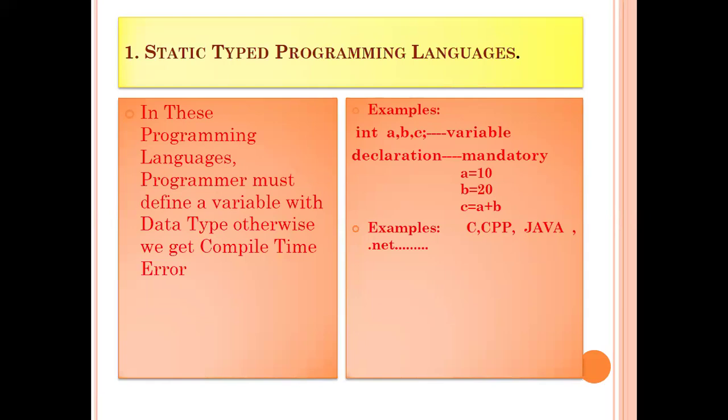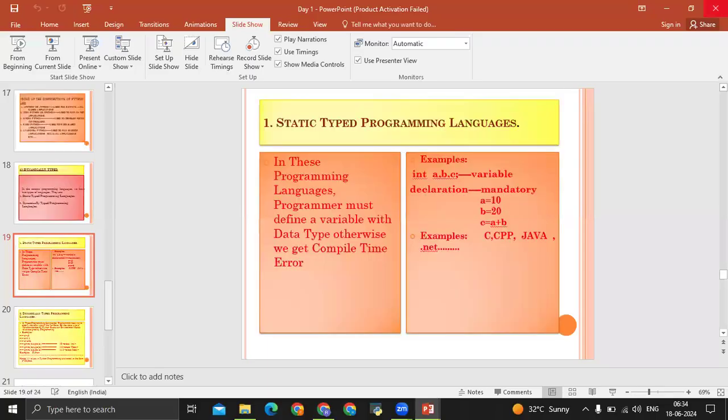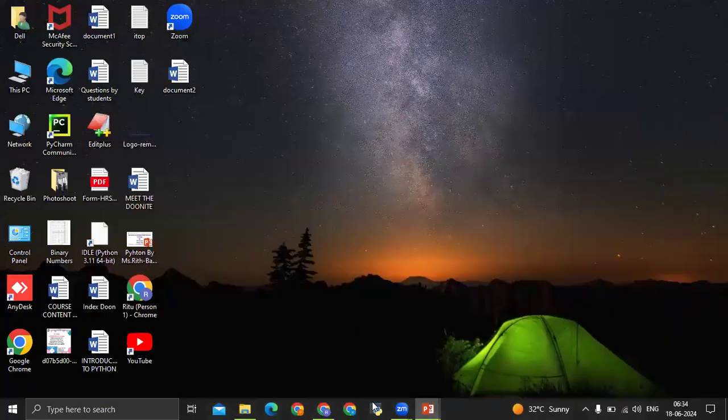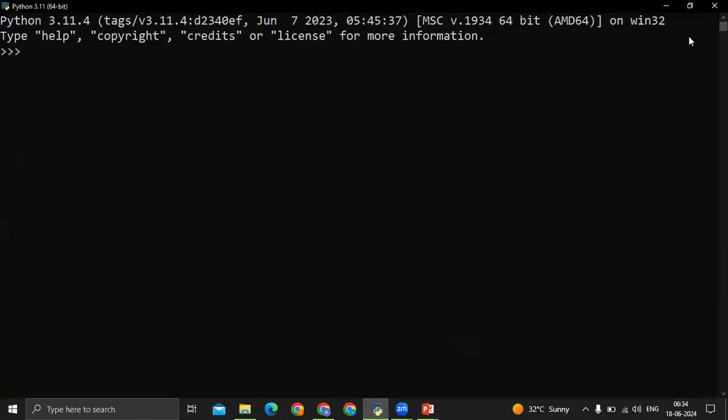Let me give you an example. If I want to store an integer in Python, we need not define a variable type, like a is equal to 1. Now, if I write type of a, this is an integer type.